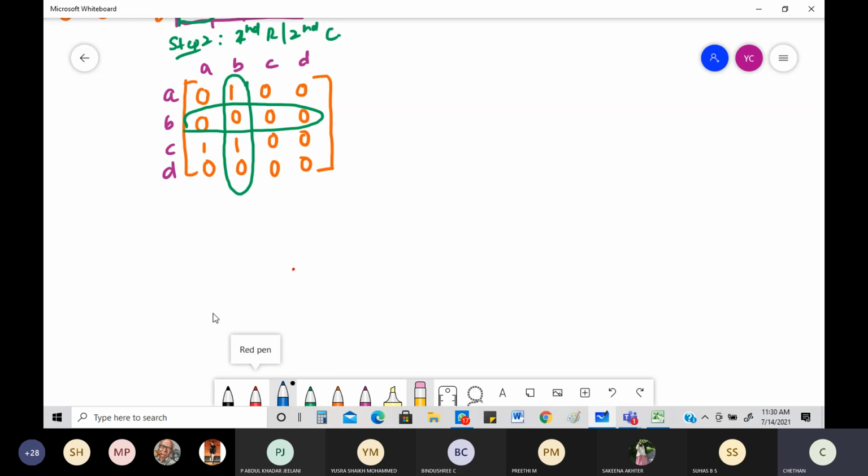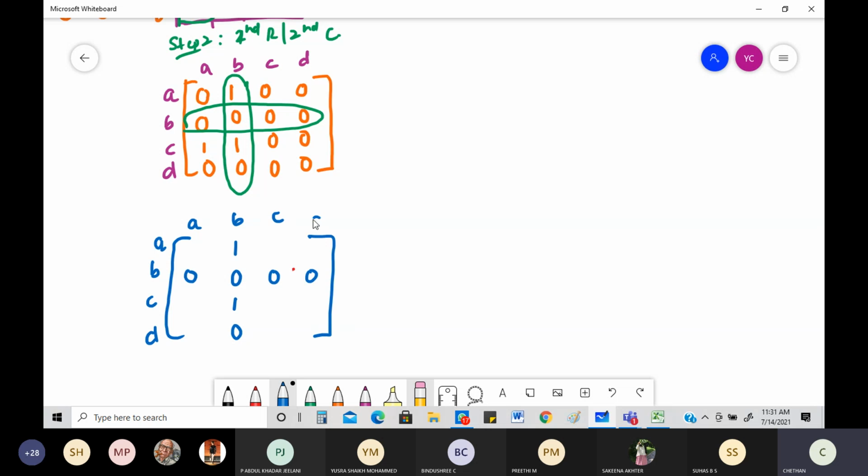If I am choosing that, in the next subsequent matrix, those values will remain the same. So 1, 0, 1, 0, and the second one, right? So 0, then 0, 0. They will not change. They'll remain the same. So A, B, C, D. Again, A, B, C, D. They will not change. Okay. Now for this, I need to figure out now. So let me now sort of do that.